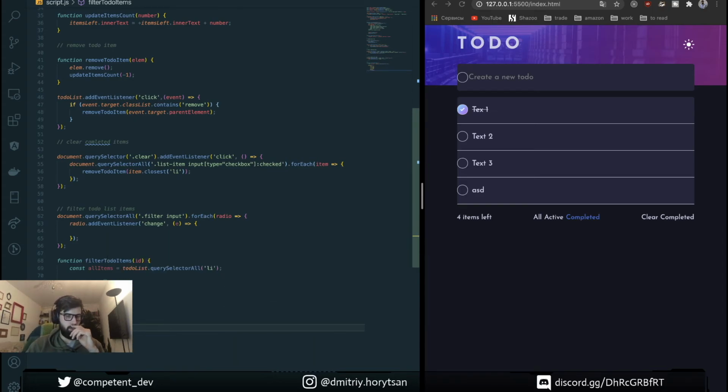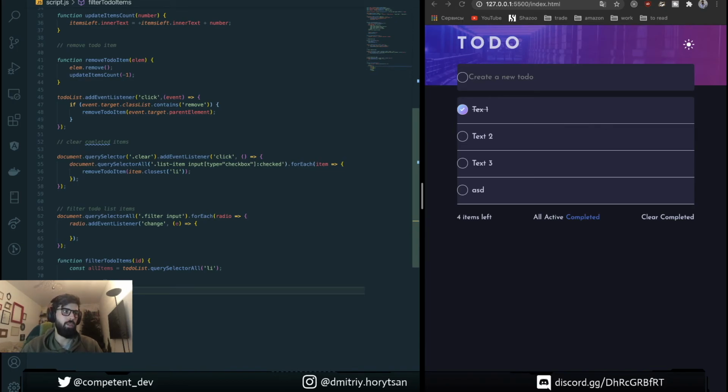So we're going to use switch statement, not if, else, etc. So switch is better, and also if we want to add another filter, we just need to add another case. So active, and here we're going to have completed.